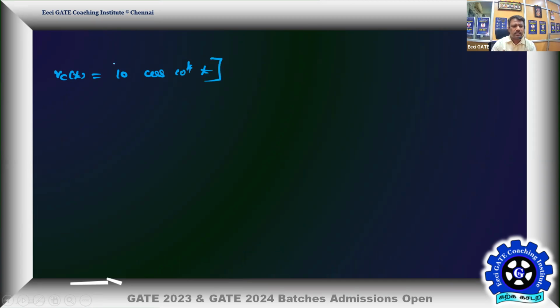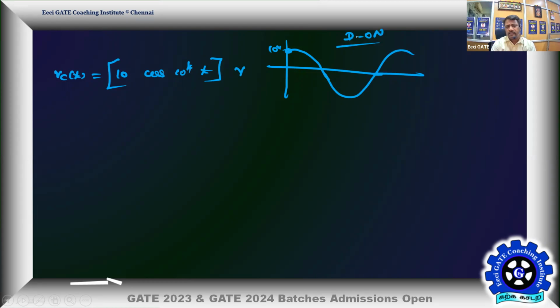Okay, volts. That's how the voltage behaves. This is a cosine, so it is going to be like this. It is going to start at 10 volts, then fall like this. Assuming the diode is in the on condition, and assuming it's only an LC tank circuit, this is how the capacitor discharges and again charges with respect to